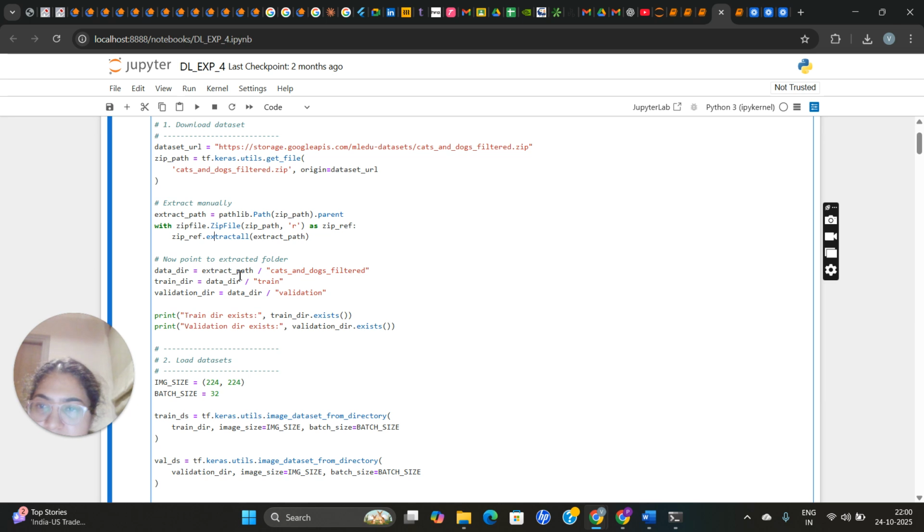The image path has target size 224 by 224, which means it will load the image and resize it to 224 by 224 pixels, the input size expected by VGG16. Then we will convert the image into a numpy array for the RGB channels. And then we have to expand the dimensions, expanding the shape from 224, 224, 3 to 1, 224, 224, 3.